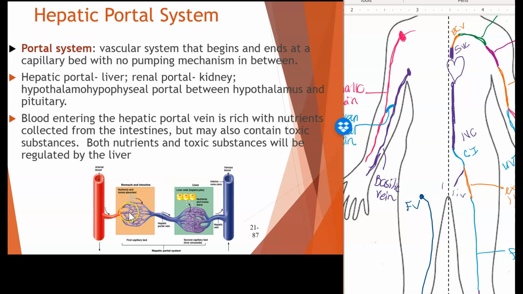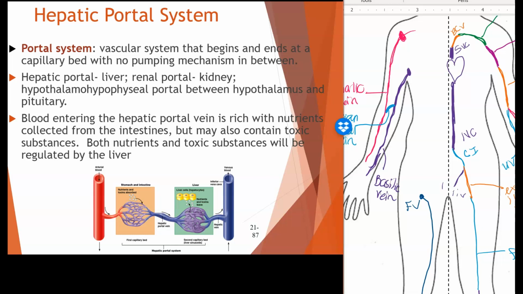There are actually 2 capillary beds, and that's what we mean by portal system. It means that we are going to have 2 capillary beds. So again, we had that artery come in to the intestines, give off the oxygen, and we went through the capillary bed, picked up those nutrients inside of the intestines and maybe some toxins if there were any in there. We went through the